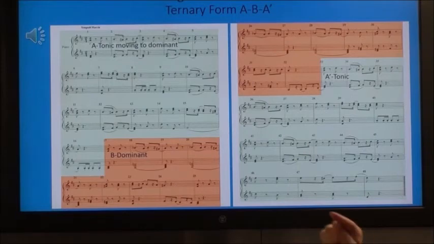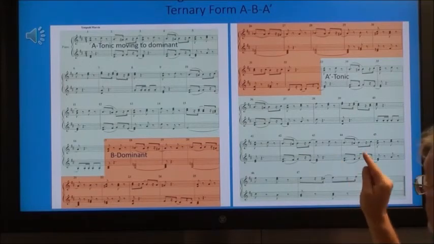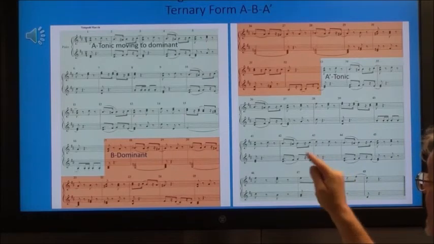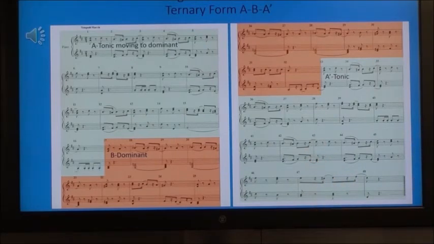And 1 through 8 is all in the tonic. 9 through 16 starts in the tonic and ends on the dominant. We'll worry about whether it's a modulation or just a half cadence in a minute. What are the relationships between the 2 sections of this part? What do you think? What I mean, thematically.